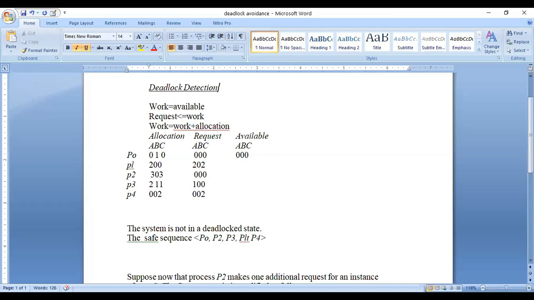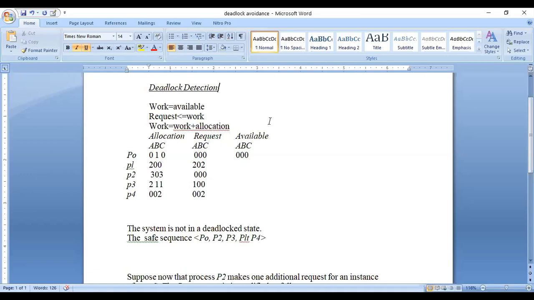That is sent in the form of a request. This much of resources I will require to execute my task, and the process will be requesting those resources from the system. Is this clear? Those are the definitions of available, request and allocation.